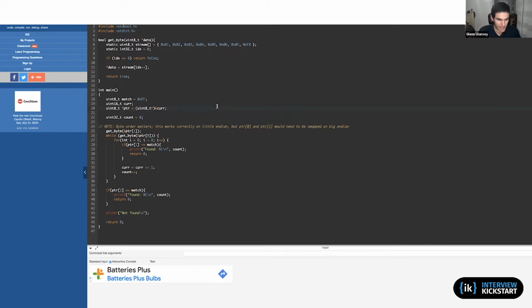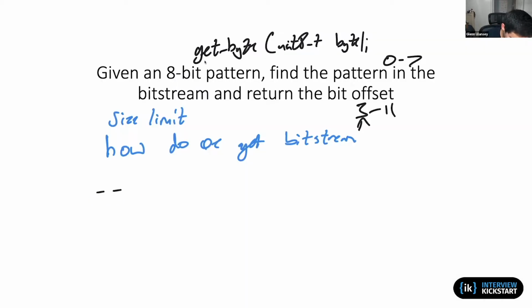We know the system is capable of checking one byte at a time, but as we just talked about with memset, we can only compare one byte to another if those two bytes are both aligned on an 8-bit boundary. Let me try and say it a little bit differently. Let's jump back over here. Let's say I have these 16 bits, and I have my 8-bit pattern.